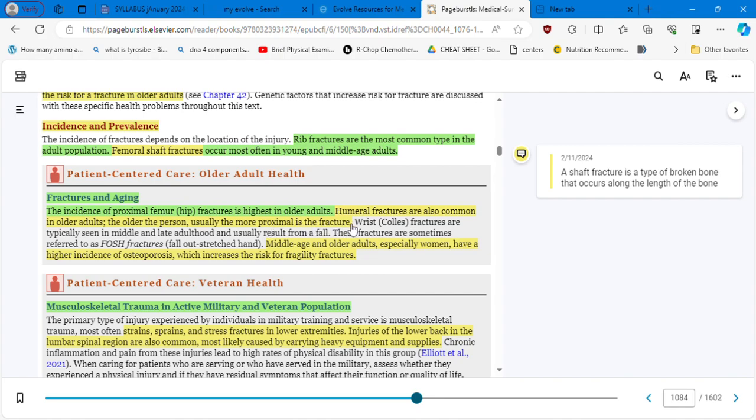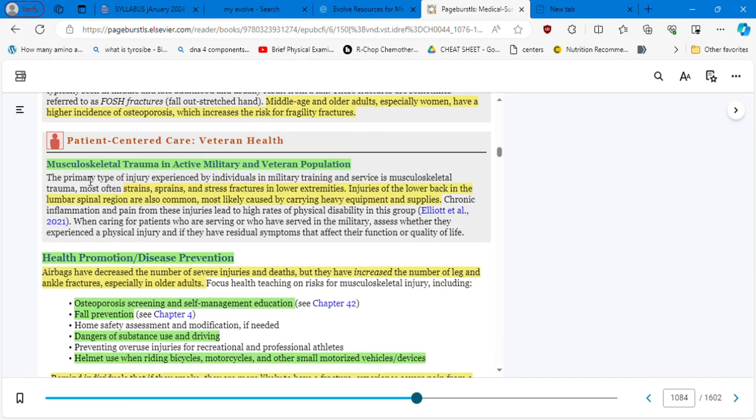Okay, learn this. The older the person, usually the more proximal is the fracture. Middle age and older adults, especially women, have a high incidence of osteoporosis, which increases the risk for fragility fracture. We talked about this, osteoblast, estrogen,